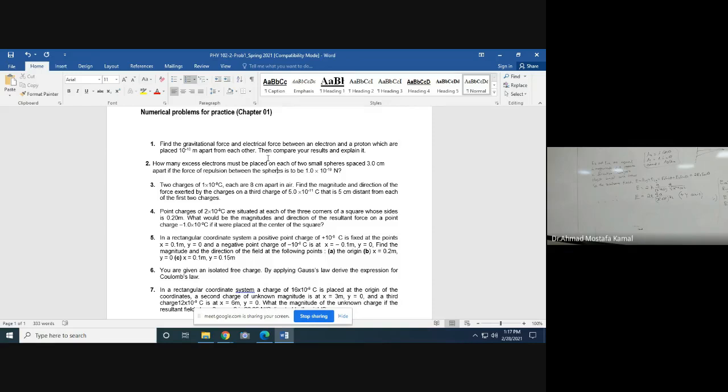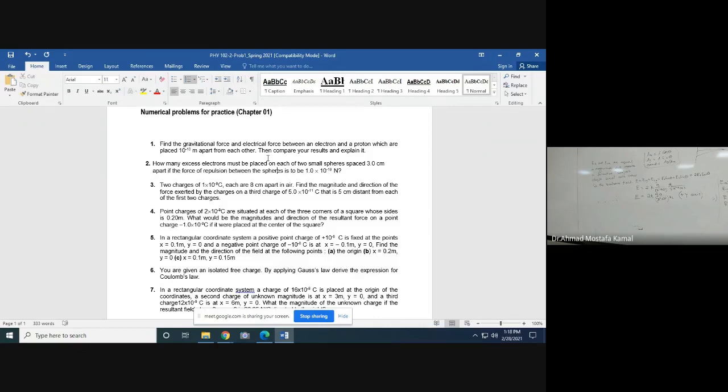So force is given and distance is given. If you apply Coulomb's law, force Fe equal to K Q1 Q2 by R square, or K Q0 by R square, that formula. So Fe is given. K is a constant, you know, it is 9 into 10 to the power 9 Newton meter square per Coulomb square. Okay, we know that. This is the value of K, and